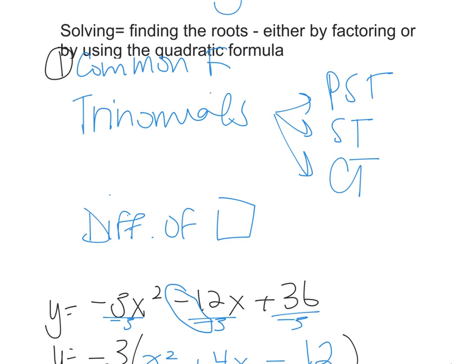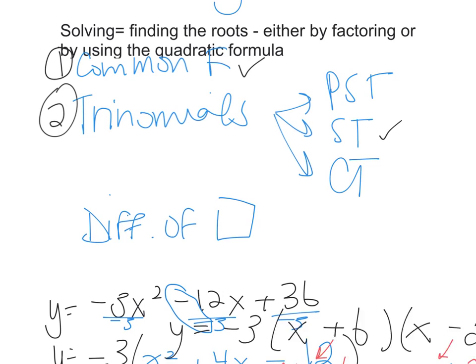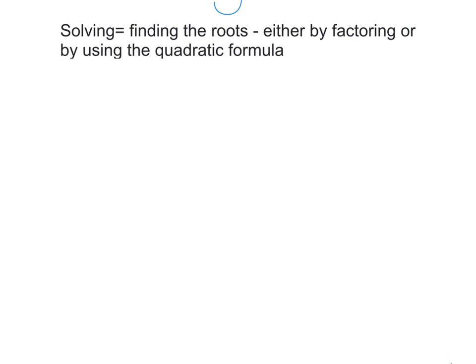So that just covered two types of factoring. We did common factoring, and we also looked at factoring a simple trinomial. Next, we're going to take a look at a perfect square trinomial because it looks very similar to the one we just did. There's a very slight difference. If we were given, let's say, y equals